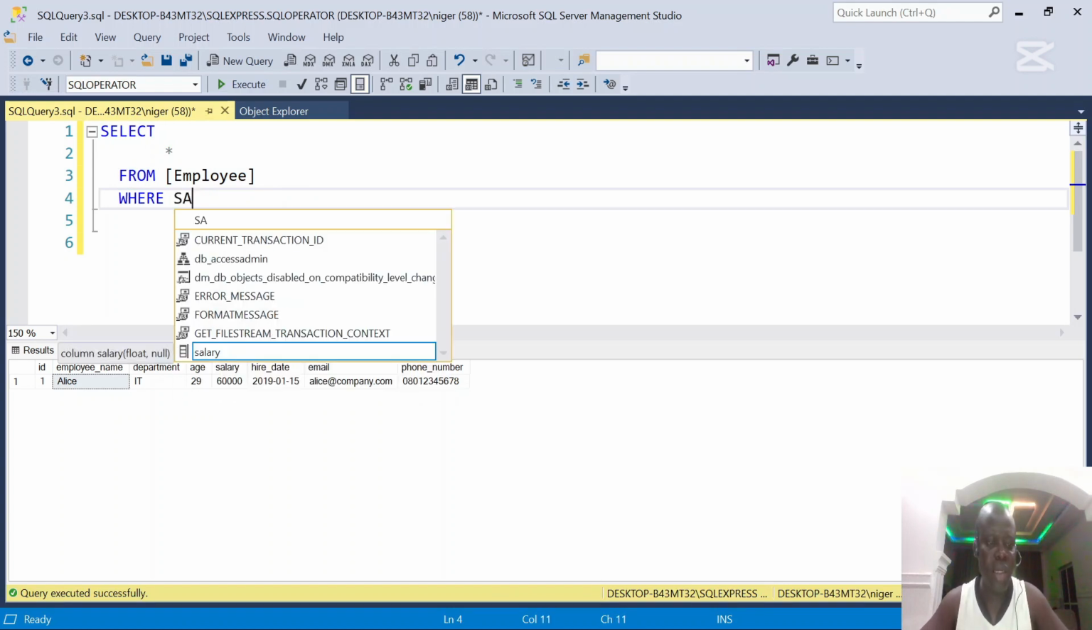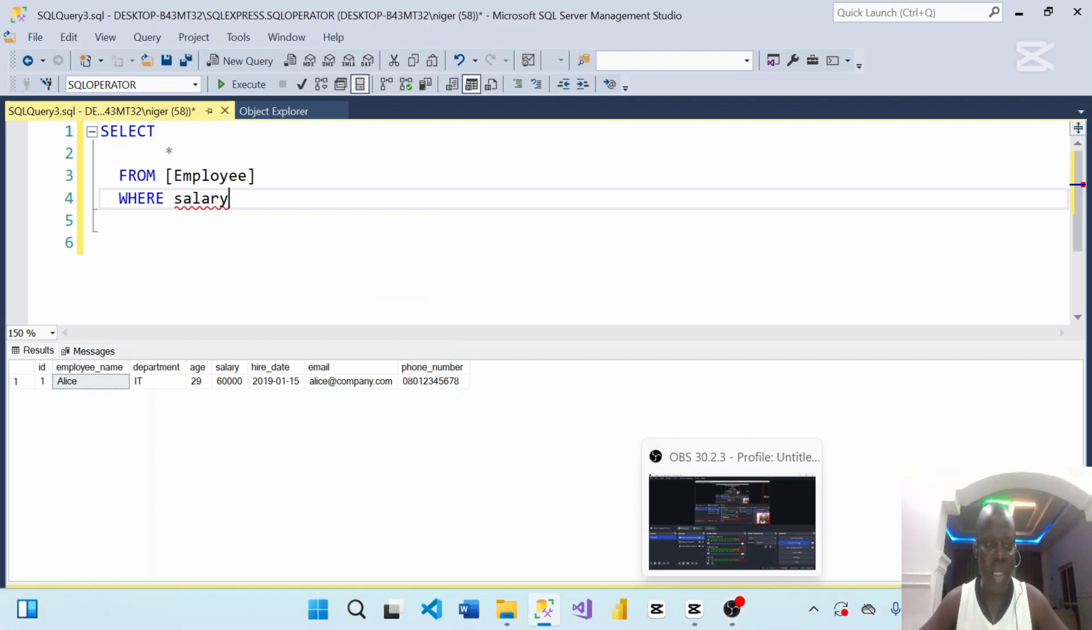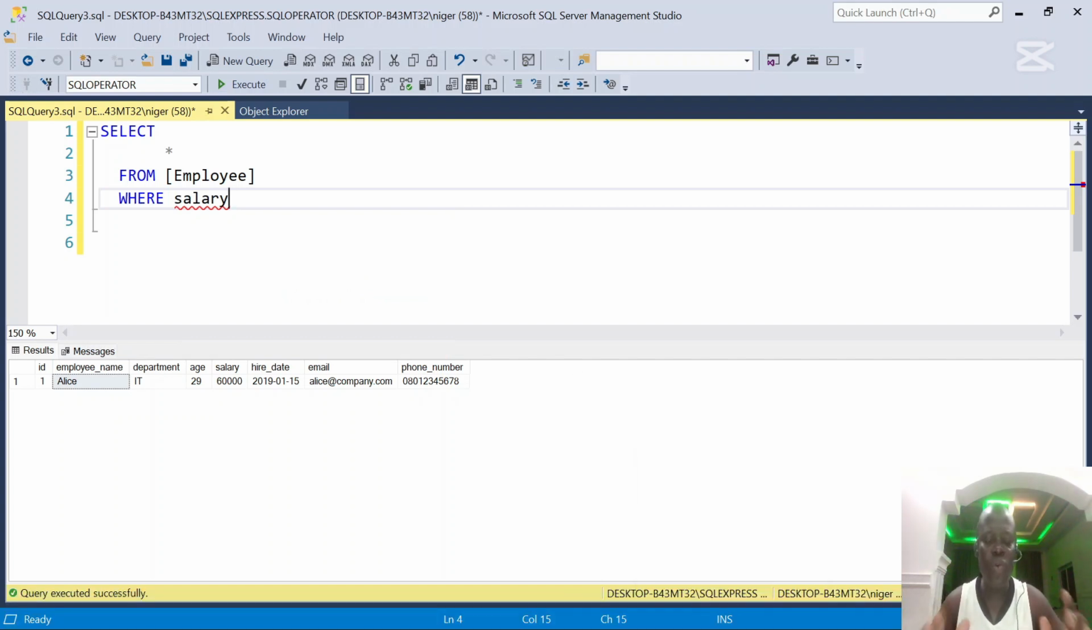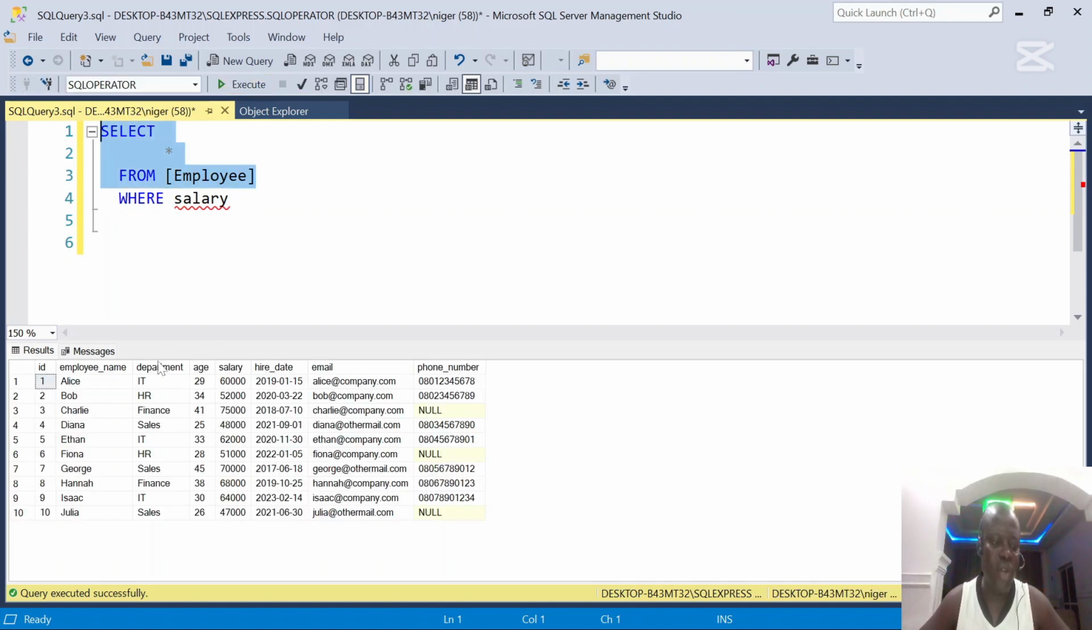We're using the salary. So we want to imagine the management is asking us to generate a list of people whose salary is between 50 and 70,000 naira. Now, if I run this one generally to see the list of all the employees we have, and